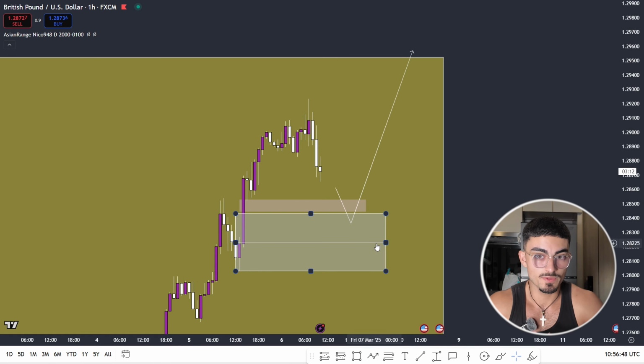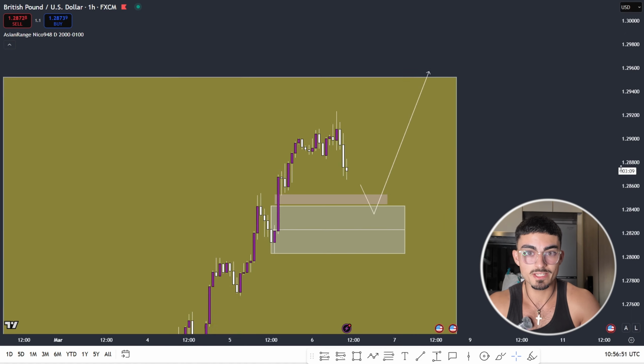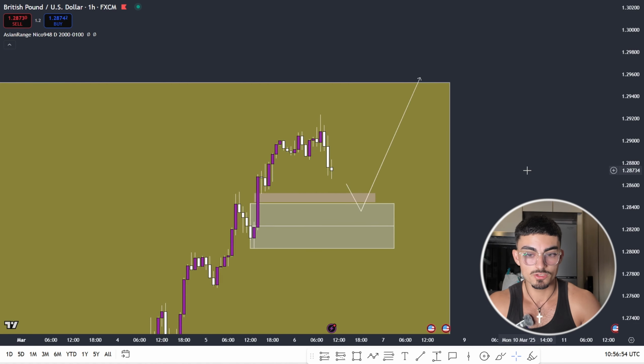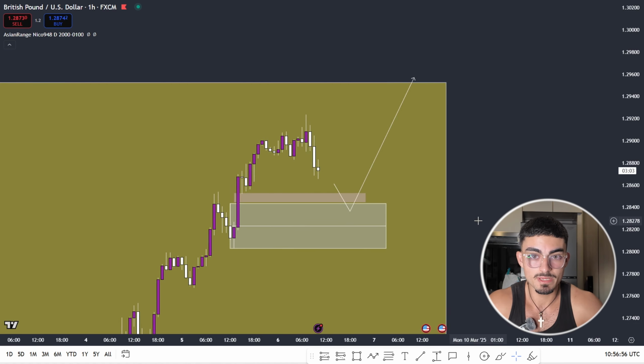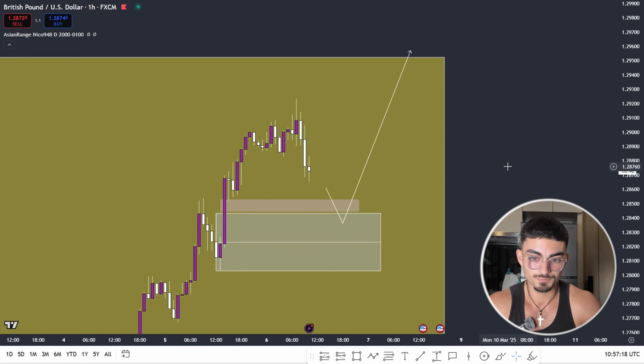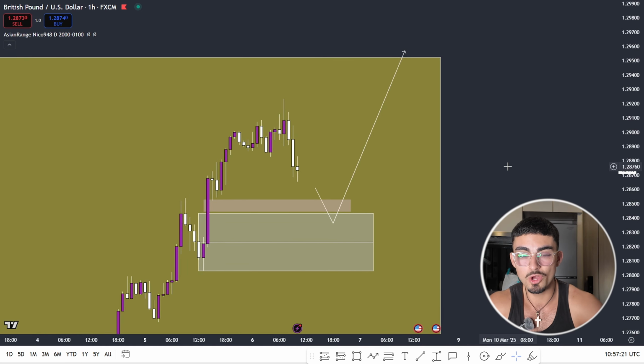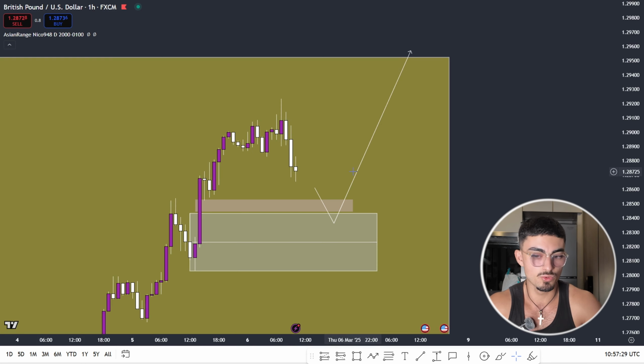Now, this does not mean I'm going to look for sells. And the reason why I'm not going to look for sells is because there's still no reason for sells, okay? Just because it might go lower doesn't mean I'm going to randomly take sells. Only if I see higher time frame confirmation, such as a 4-hour change of character, would I even bother considering sells. And even at that point, if I'm not liking the look of the change of character, for example, if there's not massive volume causing that change of character on the 4-hourly, I wouldn't even consider it in the first place. So just because the market might go lower, that's not enough to randomly try and time the top of the market and look for sells. That's not enough. You have to be with the trend on the higher time frame all the time, okay?